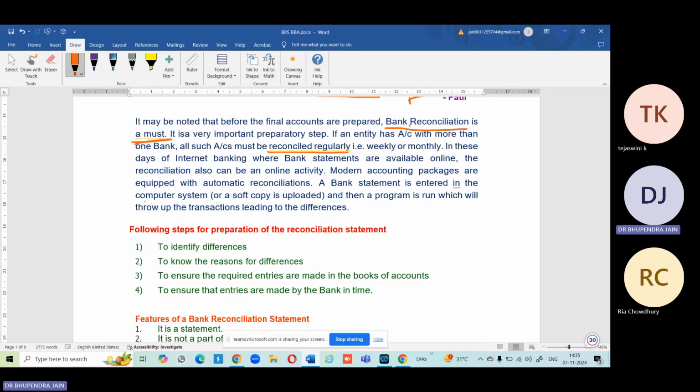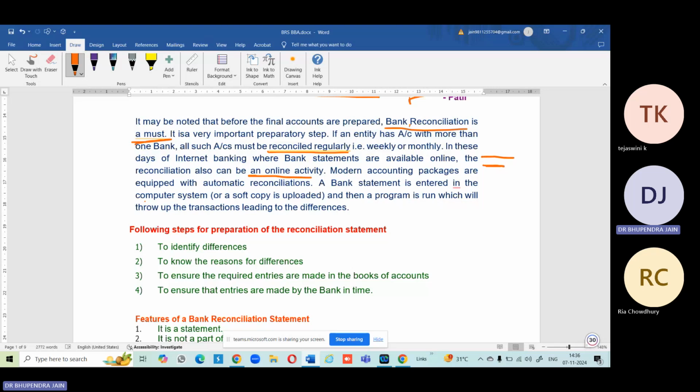Clear? Whether weekly, monthly, quarterly, half yearly. These days, with internet banking where bank statements are available online on time, the reconciliation can be an online activity. Before internet banking, or for some persons nowadays who are not using internet banking, they have to take a printout of the passbook,